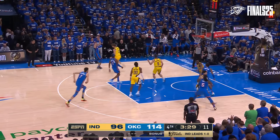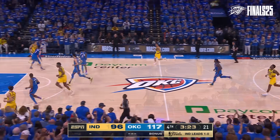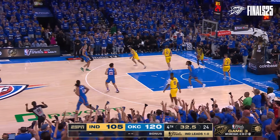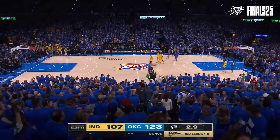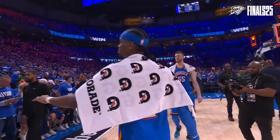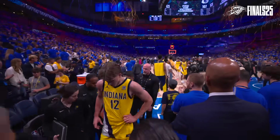Gilgeous-Alexander kicks it out. Caruso lines up a three. It's good. A 20-point game for Caruso off the bench. But as usual, their response has been excellent. Jalen Williams, a fan favorite, knocks down a three. You can hear it from the crowd. They have yet to lose back-to-back games in this playoff run. The NBA Finals are tied at one game apiece. 34 points, 8 assists for Gilgeous-Alexander. Rick Carlisle and the Pacers now